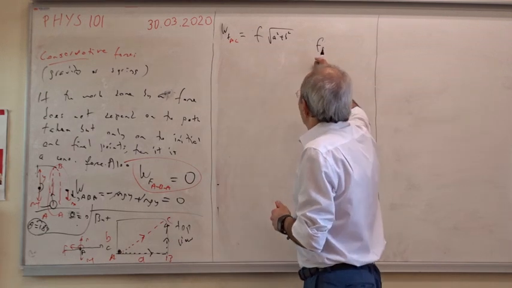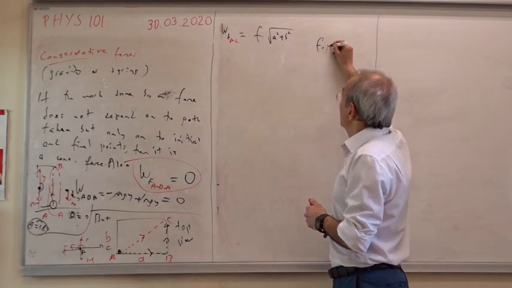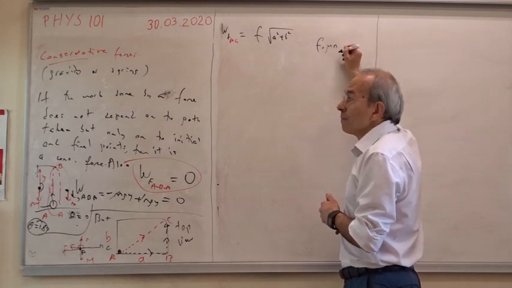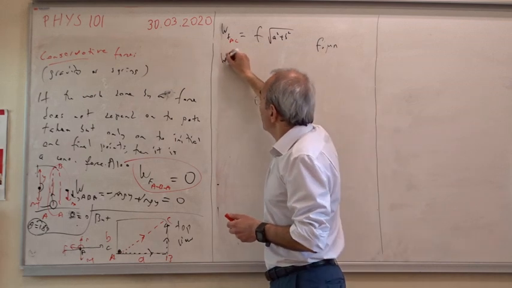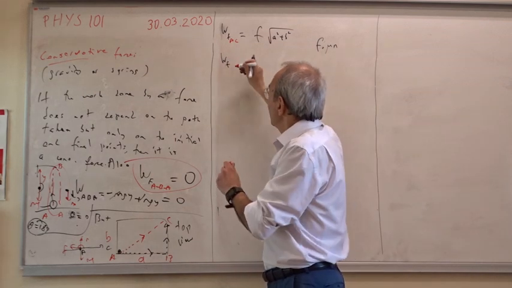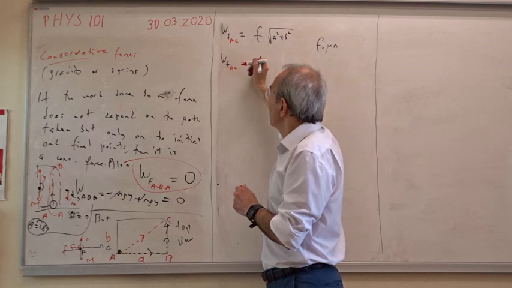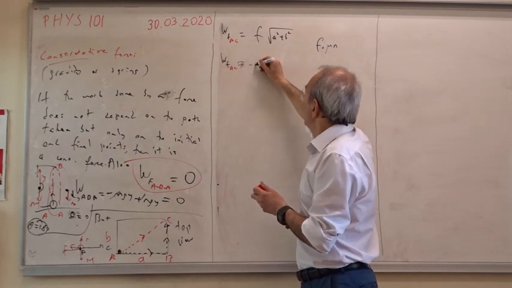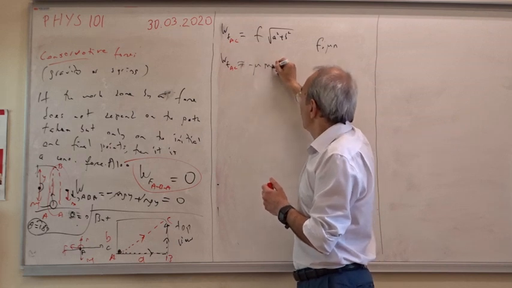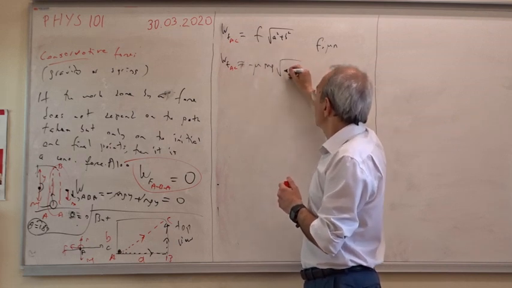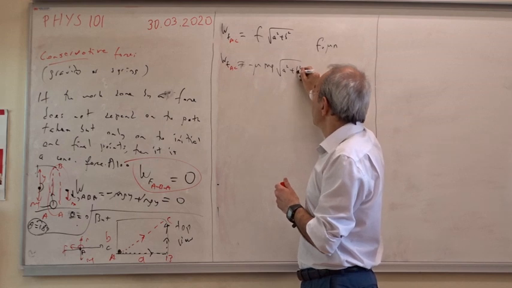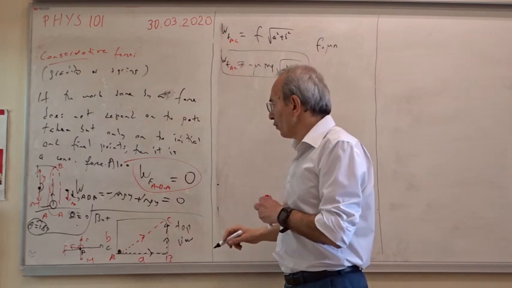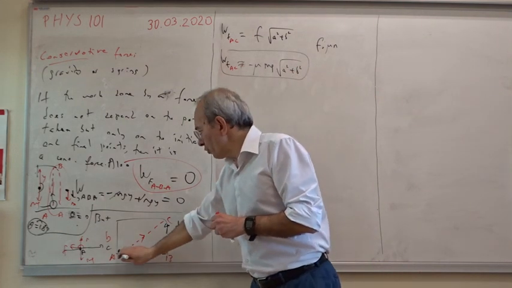So we have friction force mu times mg, where mu is the coefficient. The work done by friction along the path AC is negative coefficient of friction times the weight of the object times this distance, the square root of a squared plus b squared. Let's keep it aside. On the other hand, if you follow the other path, first from A to B, then